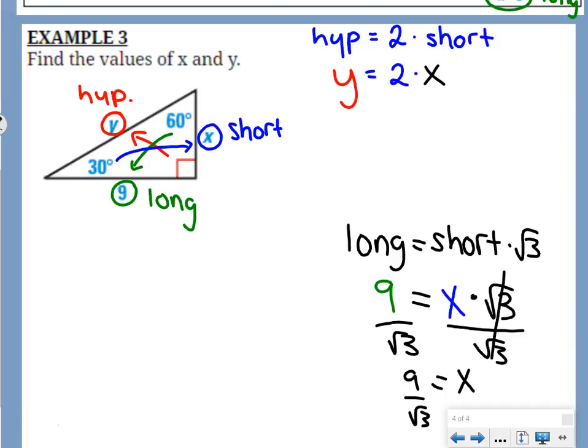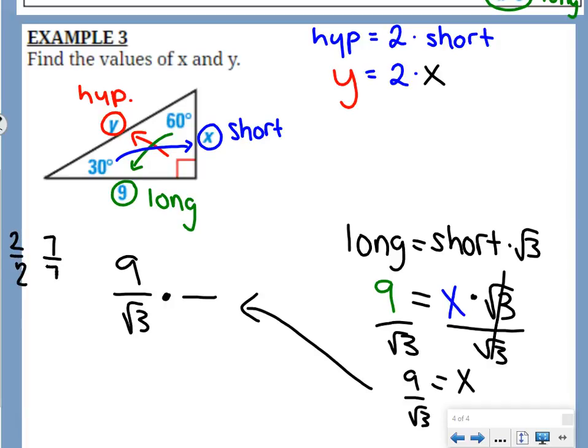However, when we're writing our answer, we don't ever want a square root in the denominator. So let's talk about how to rewrite this. 9 over the square root of 3. We want to multiply it by some form of 1. So a form of 1 could be 2 over 2. It could be 7 over 7. It could be negative 5 over negative 5. But we want to multiply it by some form of 1 that gets rid of the square root of 3